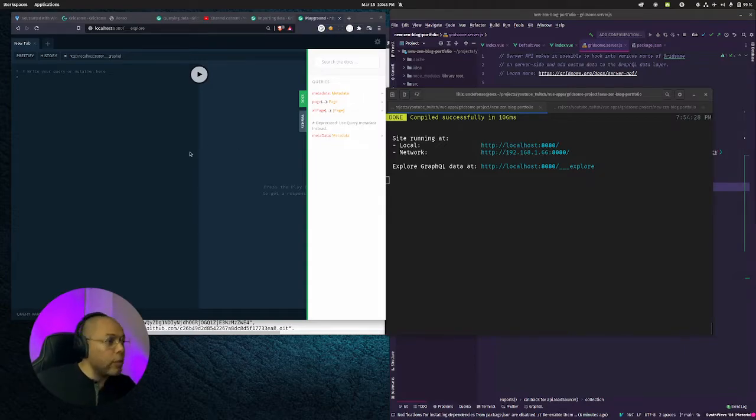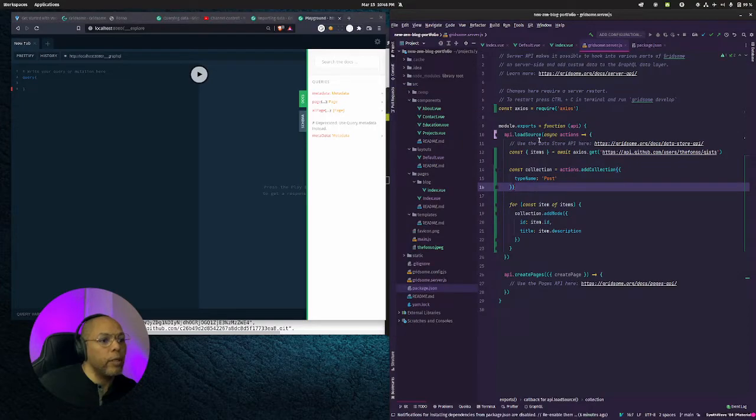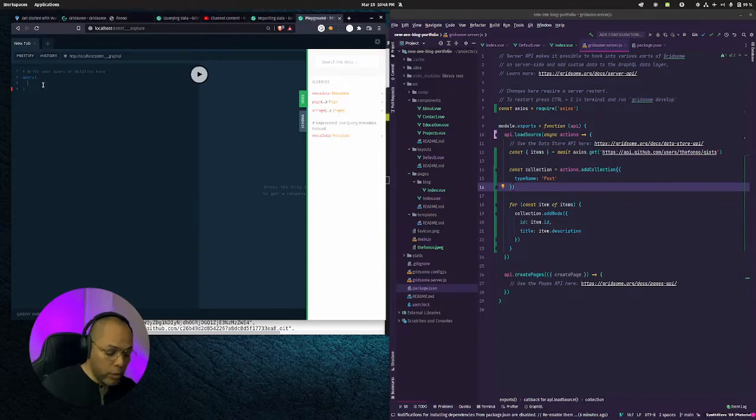But here's the thing. So what you would write is query, and then you've got a little squiggly brace here that opens up, and then that's going to automatically close. And you want to say, remember we named the collection post, right? We created a collection and then we gave it a type name of post. So you'll want to use the keyword all, post,